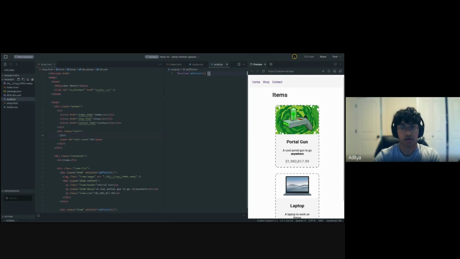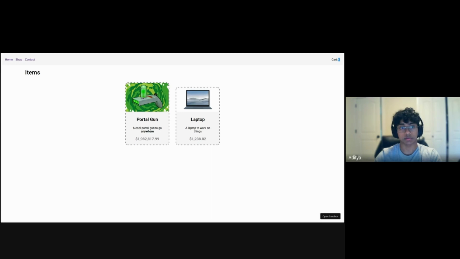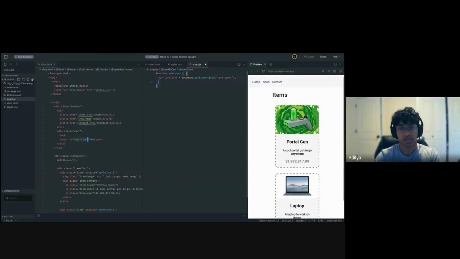So now inside of our add to cart, what I'm going to do is I'm going to do var cart count. So we're creating a variable called cart count. And I want to do document.getElementById. And I'm going to get the ID based off of cart count over here. So I'm going to get the ID of cart-count. So now I've gotten this HTML element over here, at 0. And now what we're gonna do is I'm gonna say var count is equal to parseInt. I'll explain what we're doing over here once I'm done typing this. cartCount dot